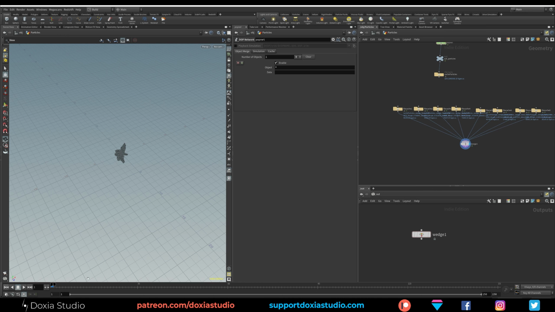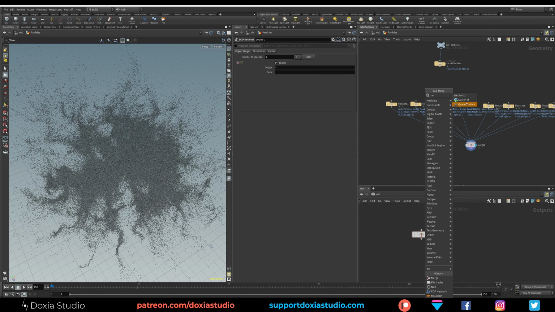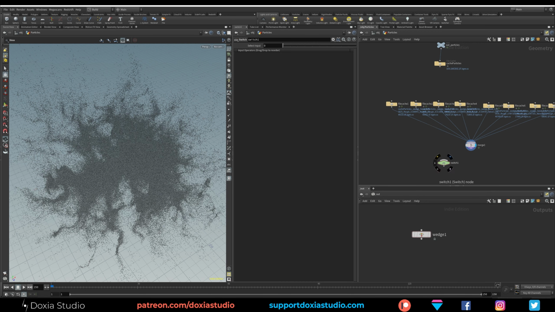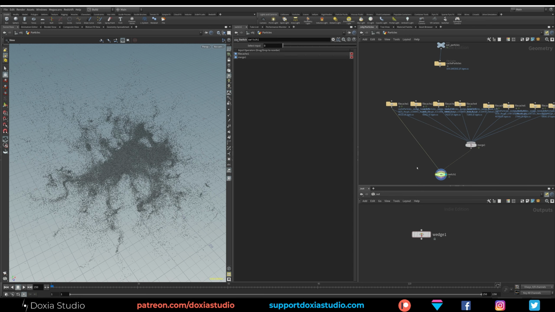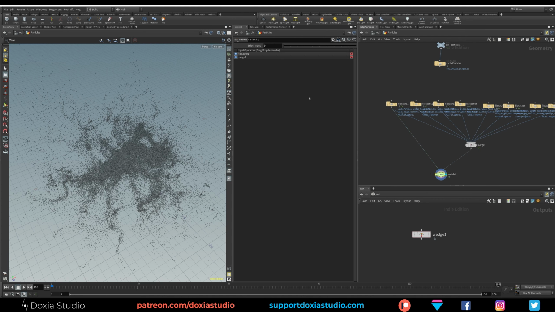So right now, imagine that we still want to change a few things here. There is another advantage with this wedge trick, that is that we can put a switch. Okay, let's go with the switch, and we can link just one here and merge to the other one. So we have two inputs. The first one is a low res with just 250,000 particles.